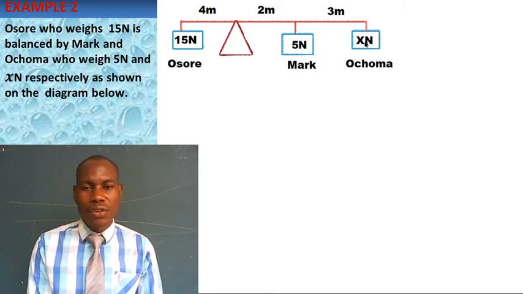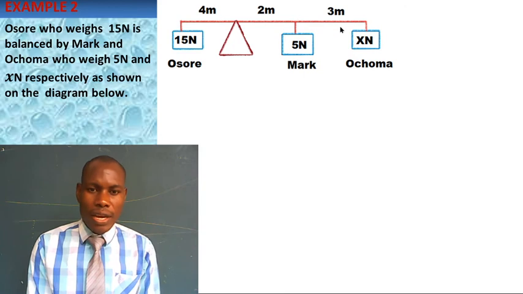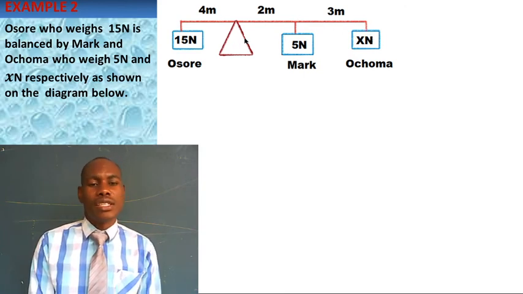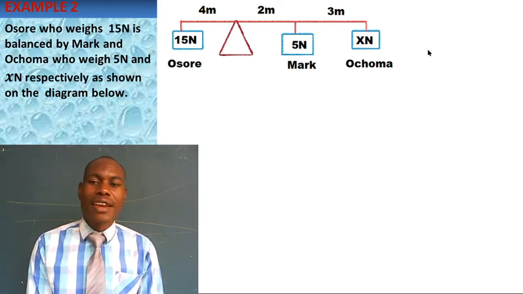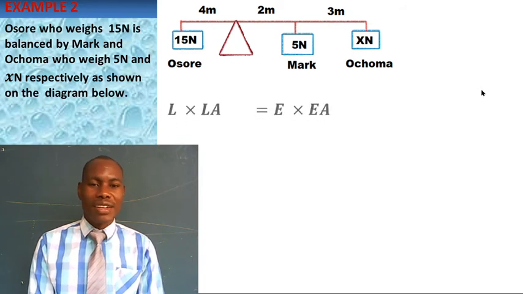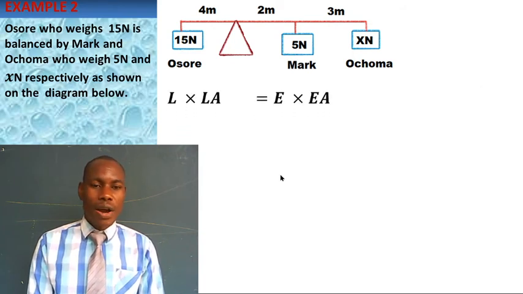Ochoma has x newtons seated 3 meters away from Mark. Okay? Now, what does that mean? The total distance from Ochoma to the pivot is got by adding 2 meters plus 3 meters. Okay? Now, how shall we calculate that? We shall still use our